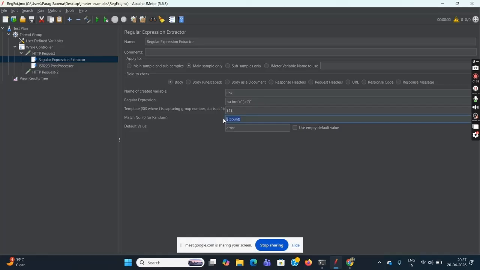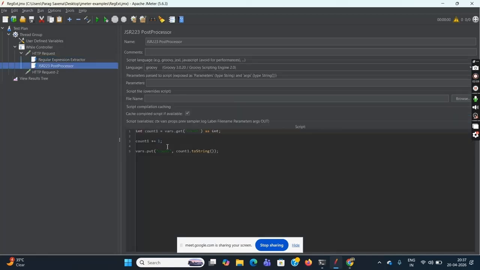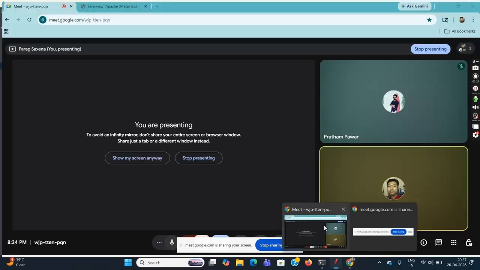Now, why I have repeated this is because in my last class we used certain code over here where we wrote vars.put. So what is this? This is a bean sampler. This is what I will be discussing today. What is a bean sampler? Now if I go and look at the